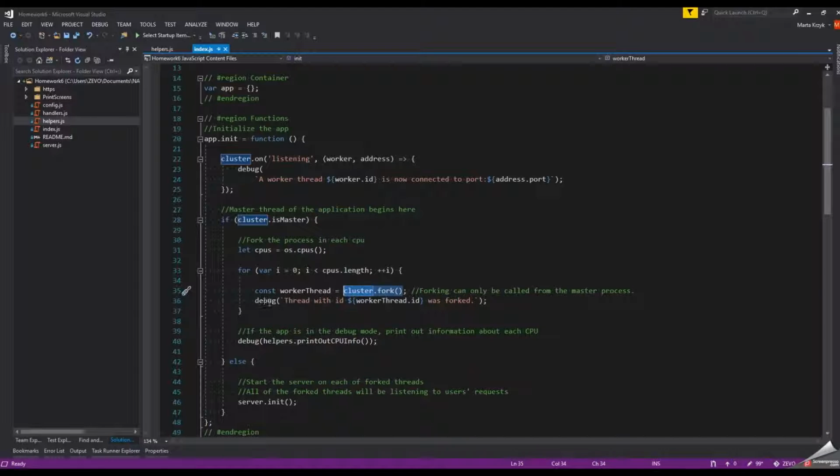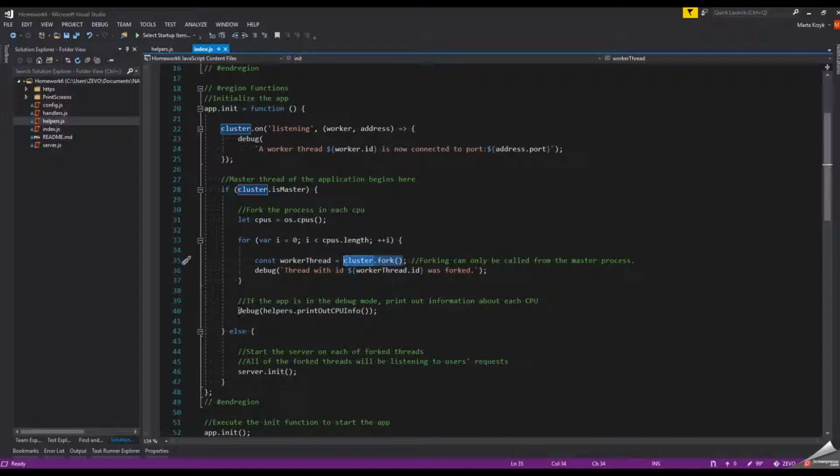And then I'm sending a debug message to the console saying thread with ID, and here goes my ID, was forked. And afterwards, when I'm still on the master thread, I'm printing out a small table about the CPUs using